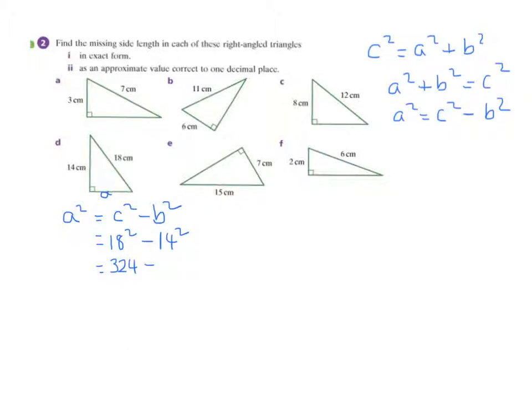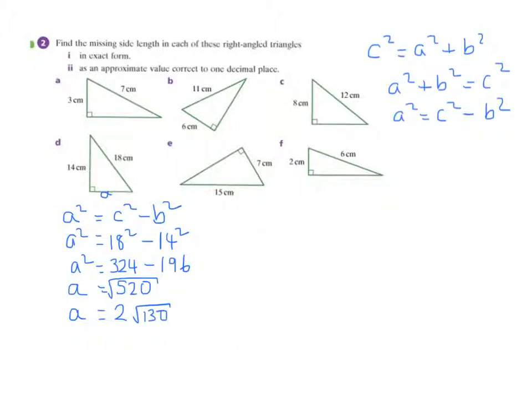take away 196, and once I work that out in my calculator, we get 520. So this is my A squared. Now, what I can do, I can cut down a step by just going A and putting my square root in there. So I've missed out one step in there. Now I get that. If I put that into my calculator, you should get the answer of